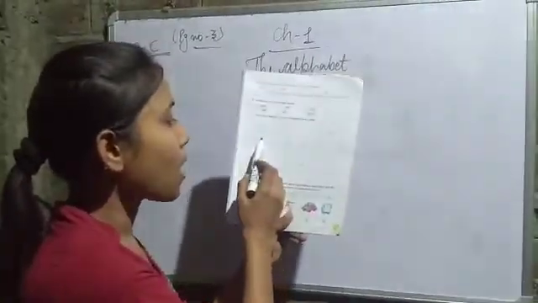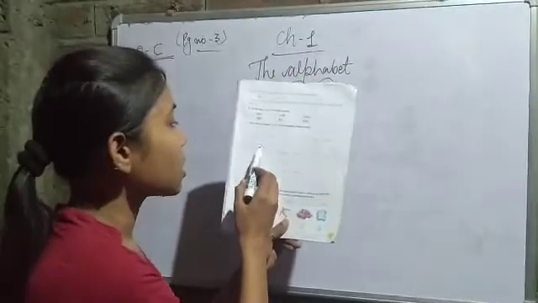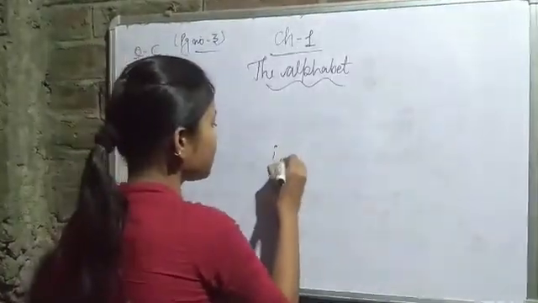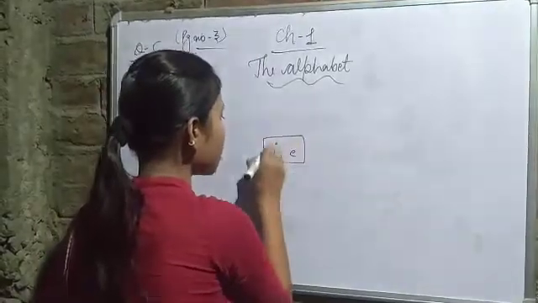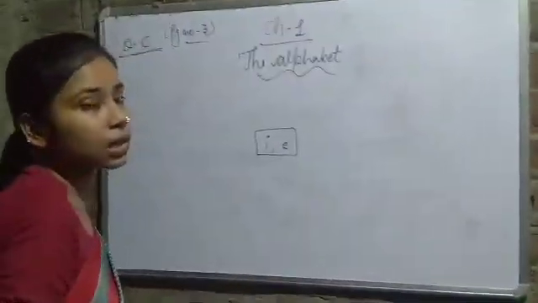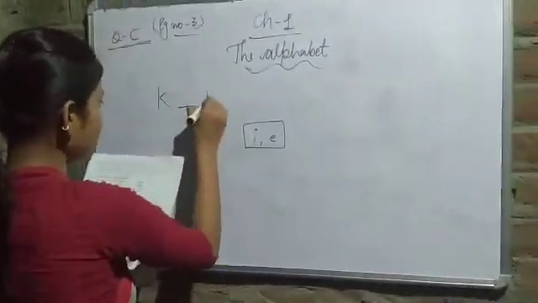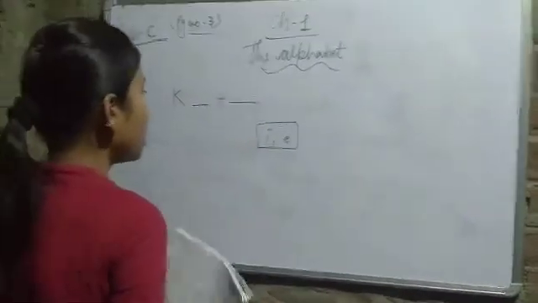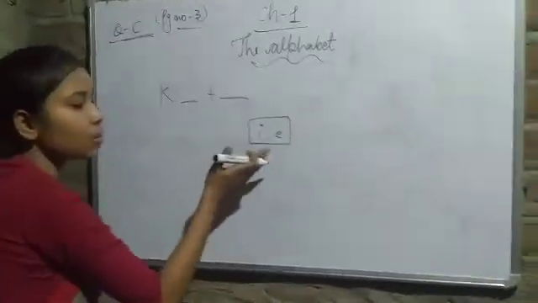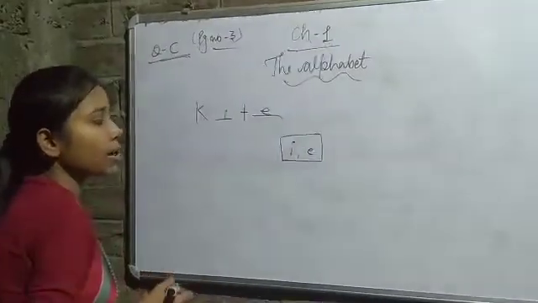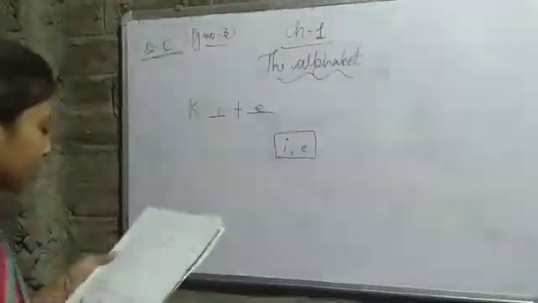In the circle we have I or E. Okay, in the circle we have I or E. Now let me do this. This is our optional word, the hinted words. And here we have the first word K dash T and dash. So what do we have to use? We have to use these letters. So I will just write this. So here we have the first word, kite.